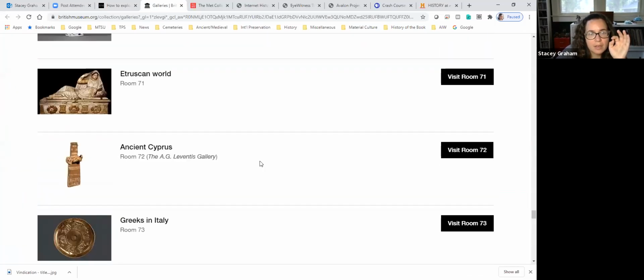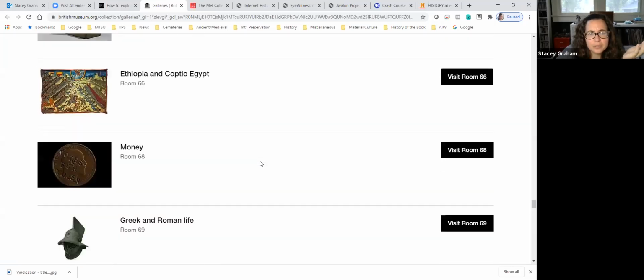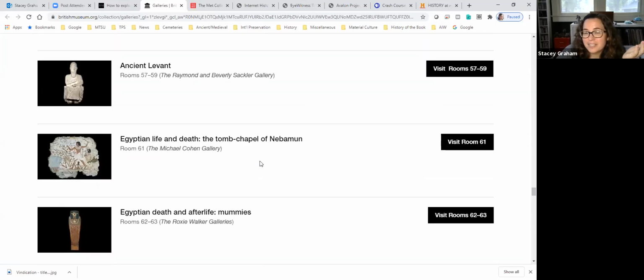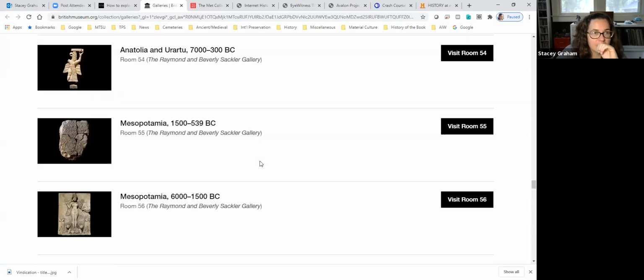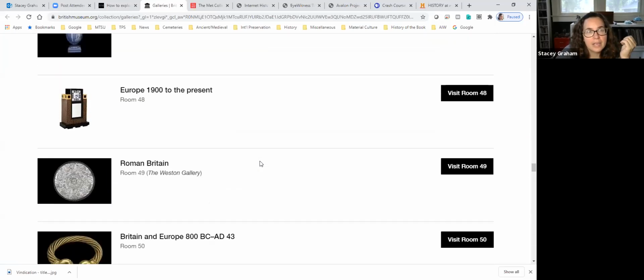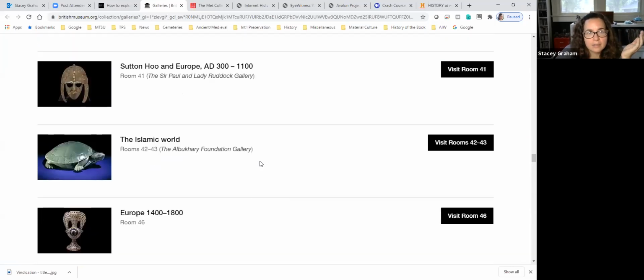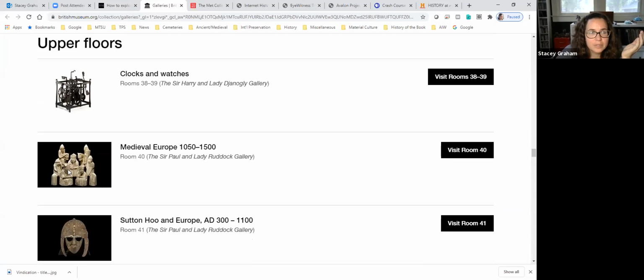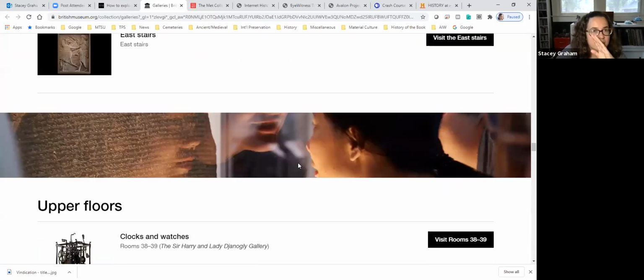So like Japan, Cyprus, the Etruscans, lots of Egypt because colonialism, and just the most amazing things. Sutton Hoo, fine, of course. Oh, the Lewis Chessmen, oh, my favorite thing. Return them to Scotland. But anyway,